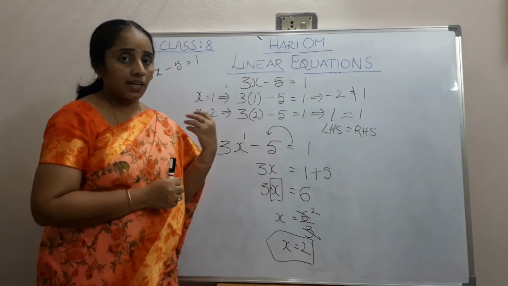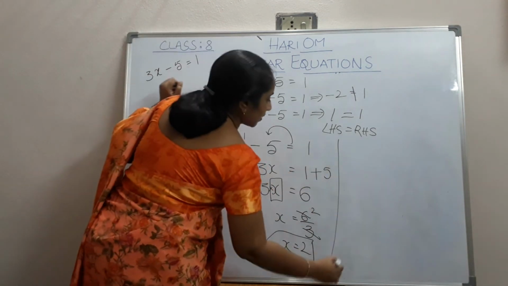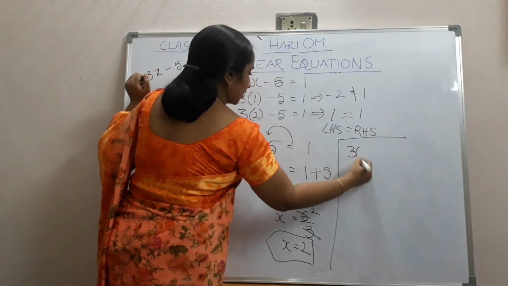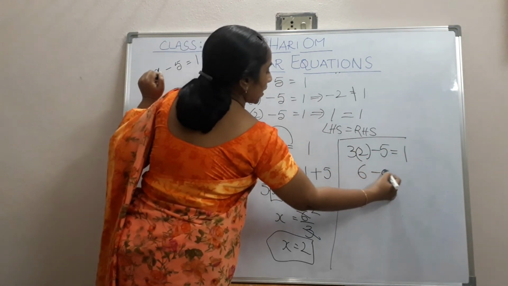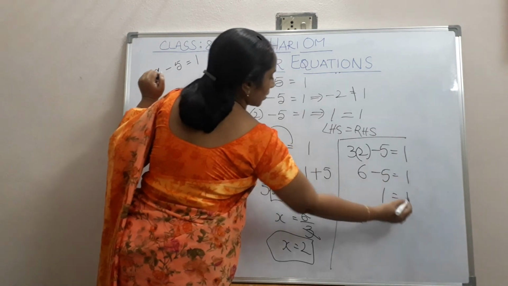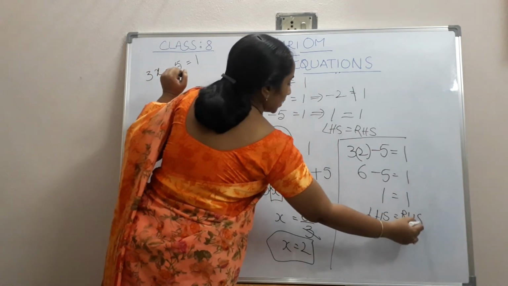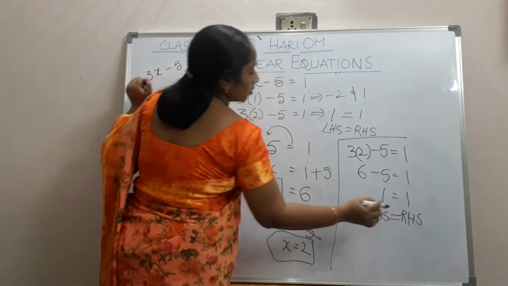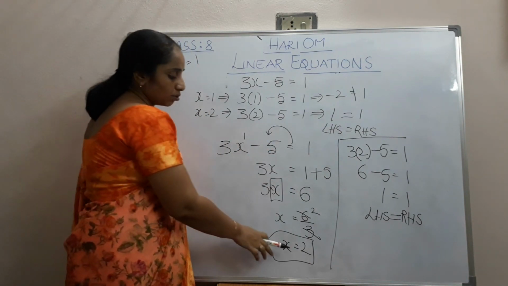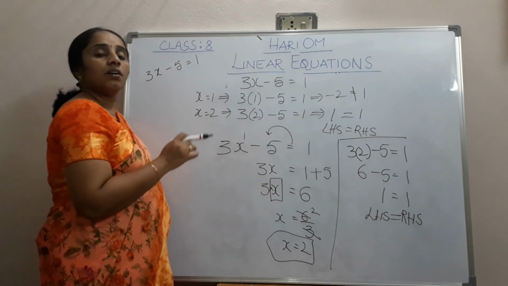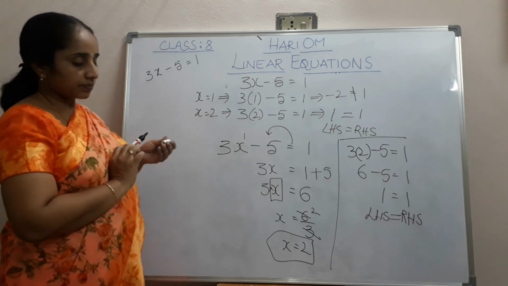Satisfy means by substituting this 2 in the equation, 3 into 2 minus 5 is equal to 1. 6 minus 5 is equal to 1. 1 is equal to 1. When LHS is equal to RHS, if x is equal to 2, only then LHS equals RHS. So we can say that 2 is the root or solution of the equation. Okay. Now